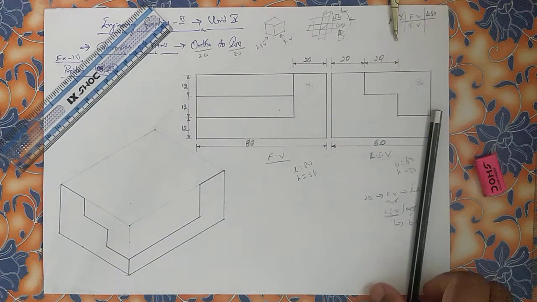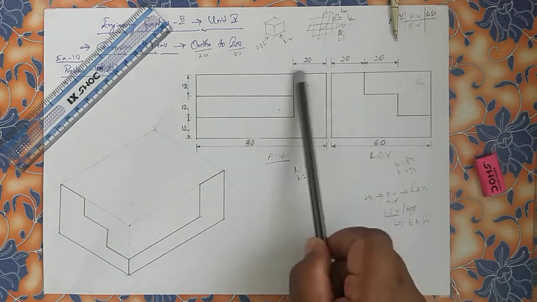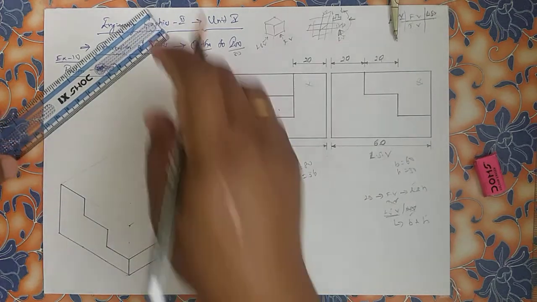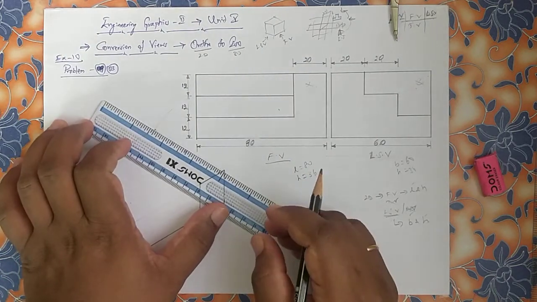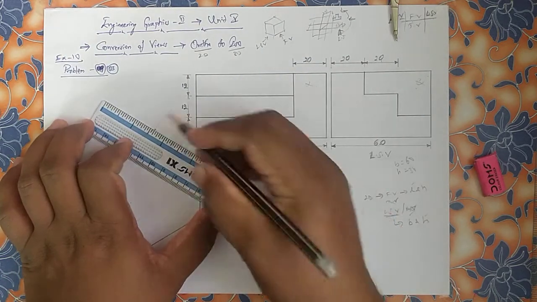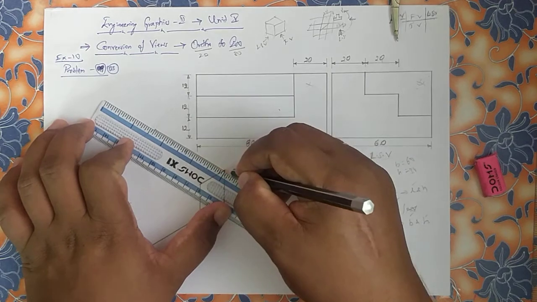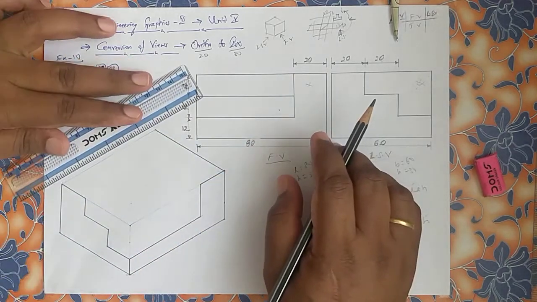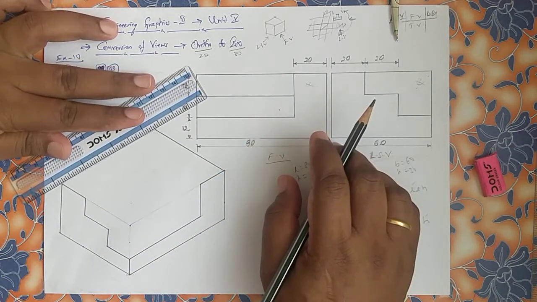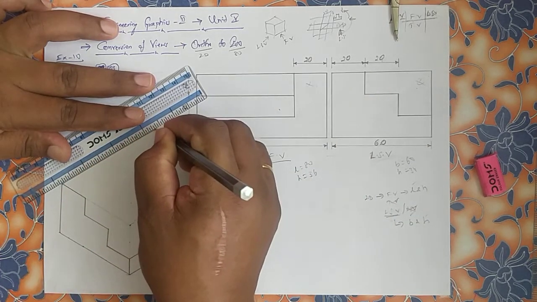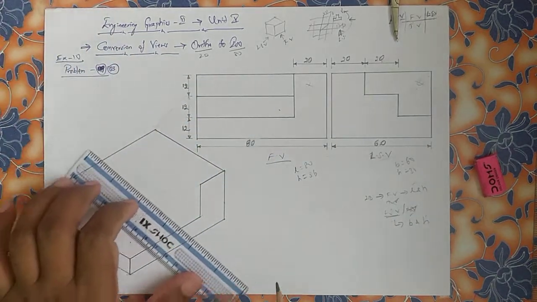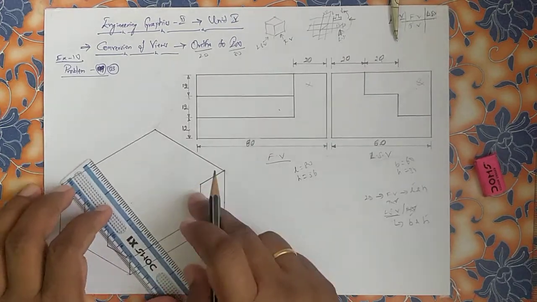That is nothing but you can observe this flat and this flat. So that is the place where you have to analyze more. So just drawing thick lines to complete that. If you have the idea of this figure already by converting which you have drawn in the previous exercise, then it will be easy to just guess what is the boundary shape. Now here I have to draw what is the depth, 20.